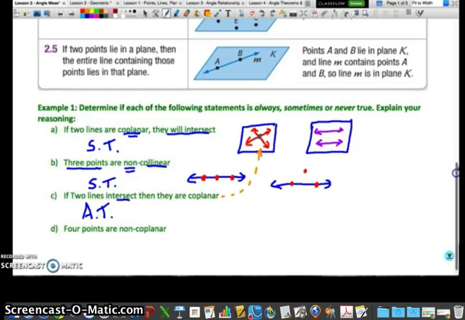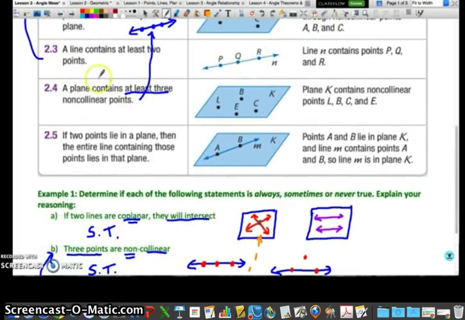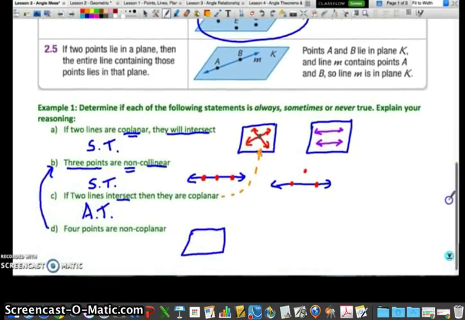Okay, and then we come to our part D of example 1. 4 points are non-coplanar, very similar in character to question B. So if we have 4 points, that means they do not lie on the same plane. Of course, we know from one of the postulates above, postulate 2.4, planes can in fact contain an infinite number of points, at least 3, and so we could very easily have the following, where the 4 points that we are referring to are all contained within, let's call it plane X,